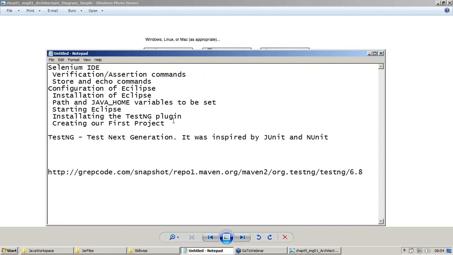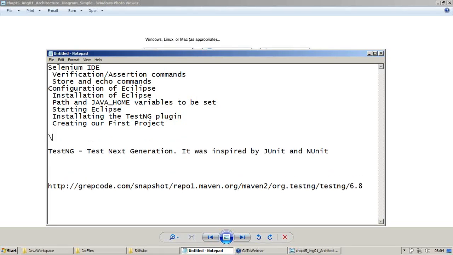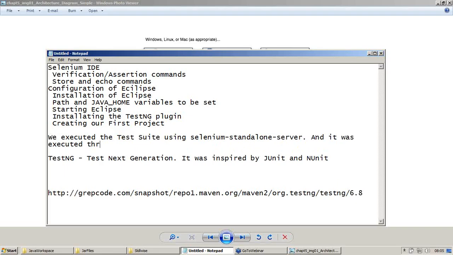And yes, I forgot to mention we executed the test suite, not test case, using the Selenium standalone server. It was executed through the command prompt, right?